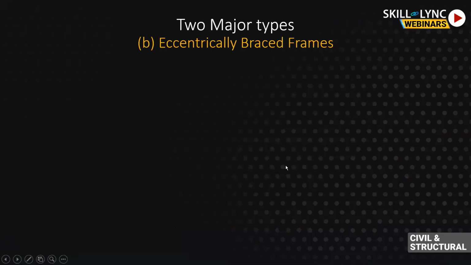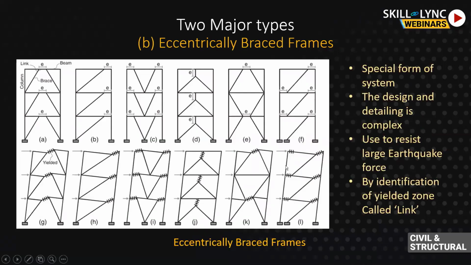Going to the second type, which is eccentrically braced frames. Here are examples of eccentrically braced frames. You can see on the screen A, B, C, D, E, F, different kinds. What is notable is that here the points are not meeting at a common point. There is some offset. Here is e. This brace is not meeting at the beam-column junction. It is offset by some amount e. Here in the V bracing it is on the left hand side and right hand side. These offsets are generally known as links.